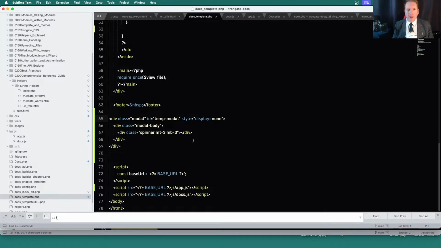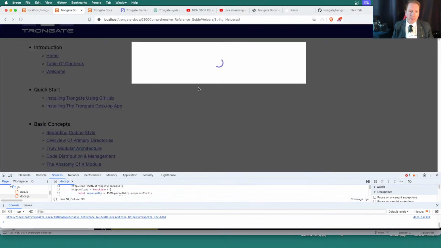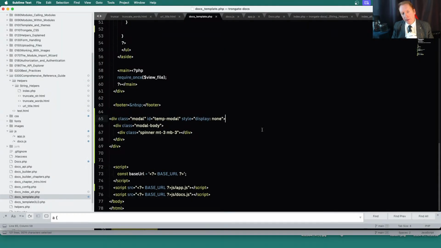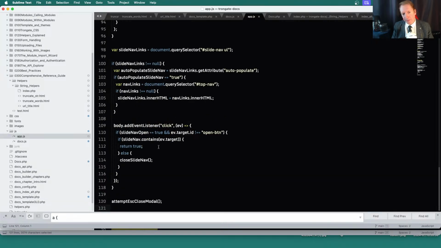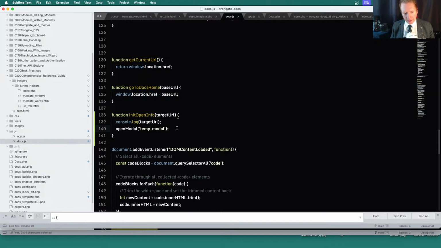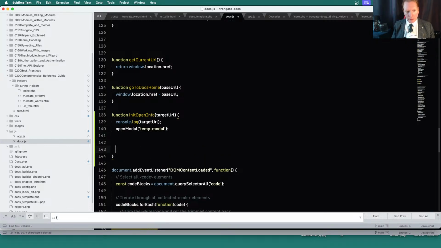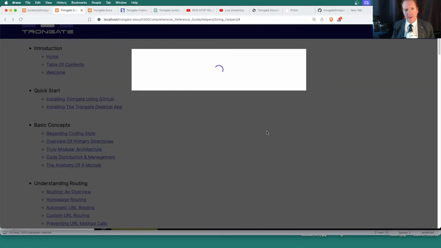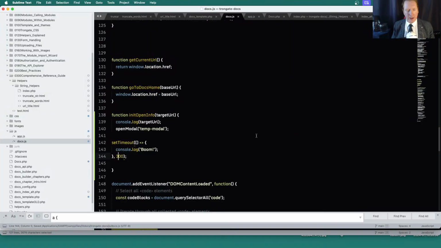All right. So as we click this, that loads up. Big deal. But what we want to do now is fetch the content that describes the function and then add it inside that modal. So the way that we're going to do that is we'll open the modal. I'll do a little timeout of a tiny fraction of a second. Okay. And then what we're going to do is